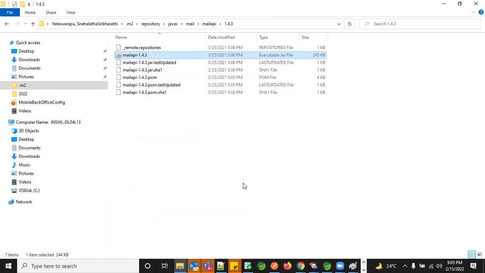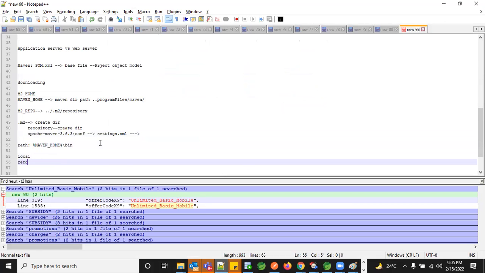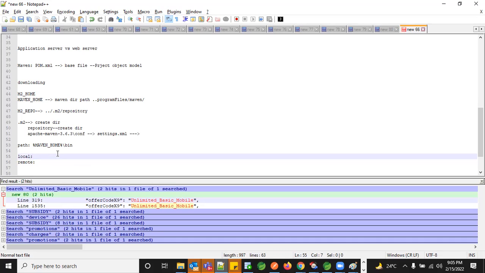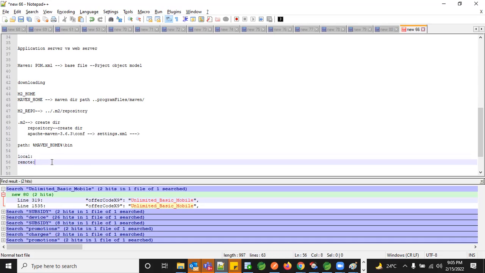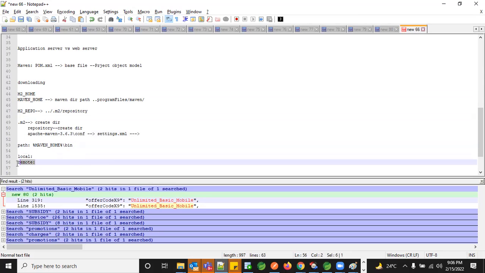So there are 2 kinds of repositories in Maven. One is local and the other one is remote. Whenever you're executing on your own system, like you're developing it for the first time, you have all your dependencies in local. And when you're deploying it into a cloud platform or Docker or Kubernetes or somewhere else, we create this entire Maven setup on that particular server and keep it as a remote, and whoever is trying to access those jars will have direct connectivity to that remote repository.